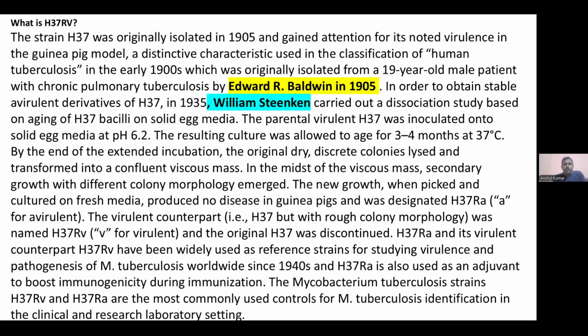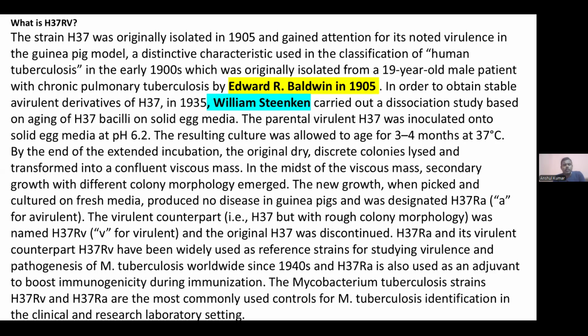And the parental virulent H37 was inoculated onto solid egg media at pH 6.2. The resulting culture was allowed to age for 3 to 4 months at 37 degrees centigrade. By the end of the extended incubation, the original dry, discrete colonies lysed and transformed into a confluent viscous mass. In the midst of the viscous mass, secondary growth with different colony morphology emerged. The new growth, when picked and cultured on fresh media, produced no disease in guinea pigs and was designated as